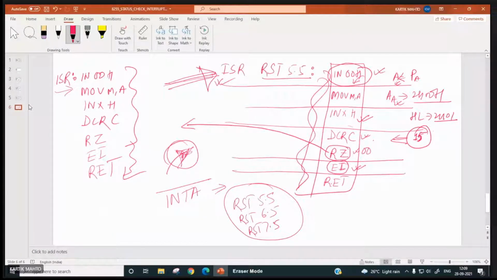And if I remove this, how many times will the ISR be executed? And if I do this, even return if 0, then what will happen? If I write only RZ over here, then what will happen?